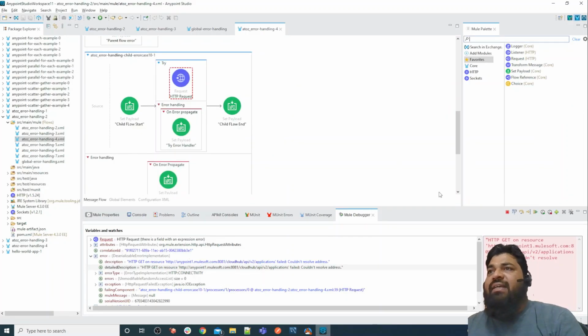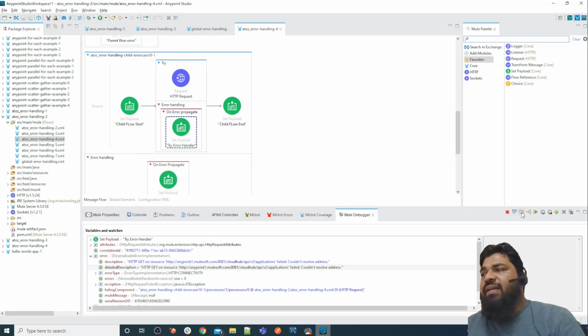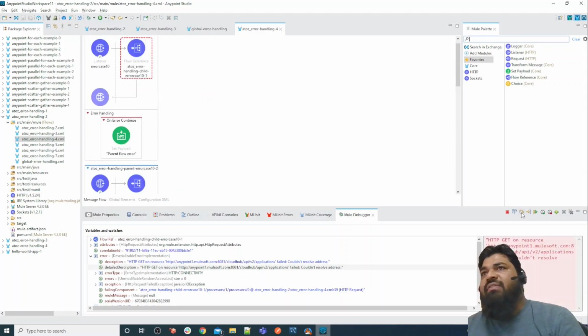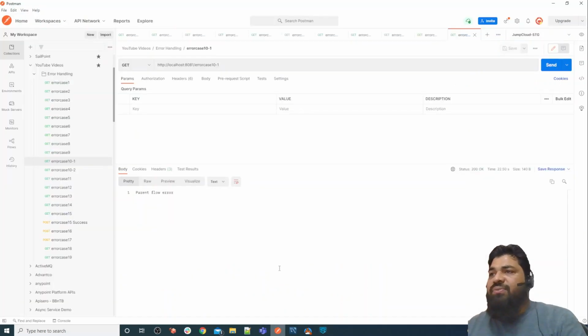Yes, as you can see, the error is here. It will throw the error, caught by on error propagate, throw the error again, caught by the error handler. This error handler also throws an error, which is caught by the parent error handler. The parent error handler is on error continue, which sets the payload as parent flow error with a 200 status code.